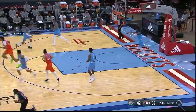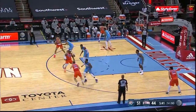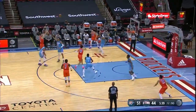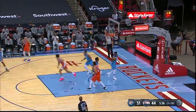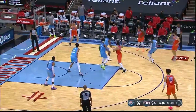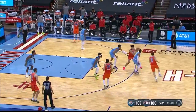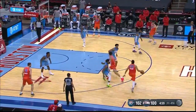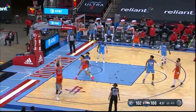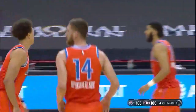Everybody that comes in off the OKC bench. Yeah. And I think this wow factor is a little bit better. Well, I think you're right. So, has anybody missed lately? City, and there's one of those plays coming out of the time. Another offensive rebound. Kenrich Williams goes and gets the basketball, and another offensive rebound play. Can't afford any more fouls if you're Houston. And the basket is good by